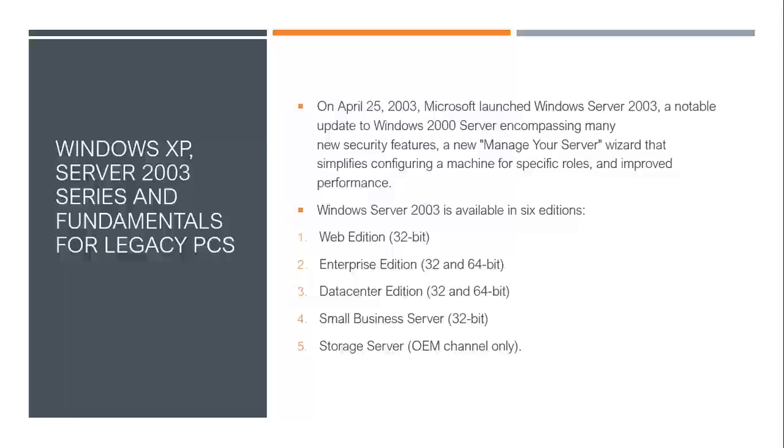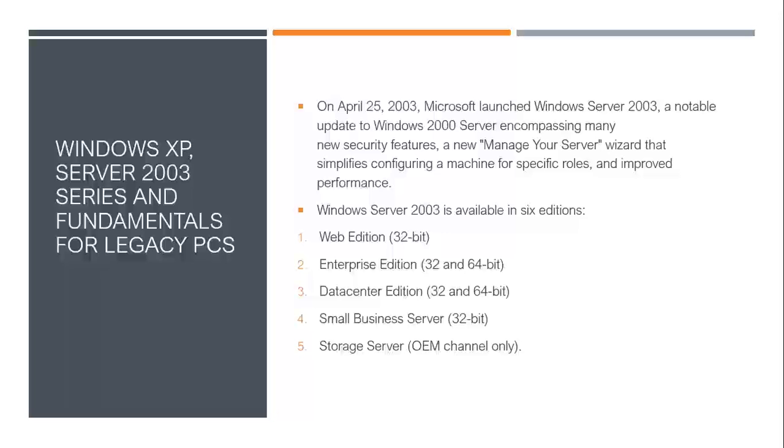On October 25, 2001, Microsoft released Windows XP, and on April 25, 2003, Microsoft launched Windows Server 2003.